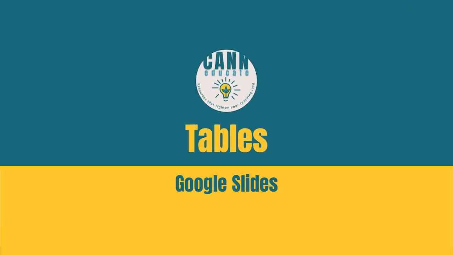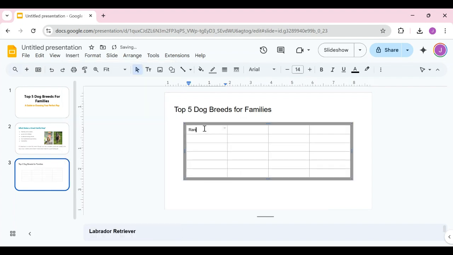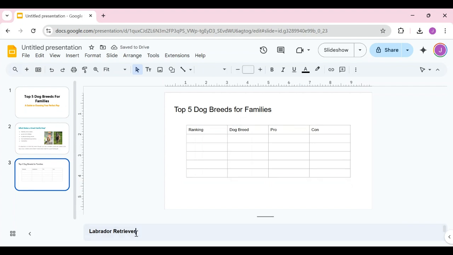Tables for Google Slides. Tables are not just for numbers and math, they're also a great way to organize information. Continuing with our top 5 dog breeds, I'm going to add a table with 6 rows, one for each of